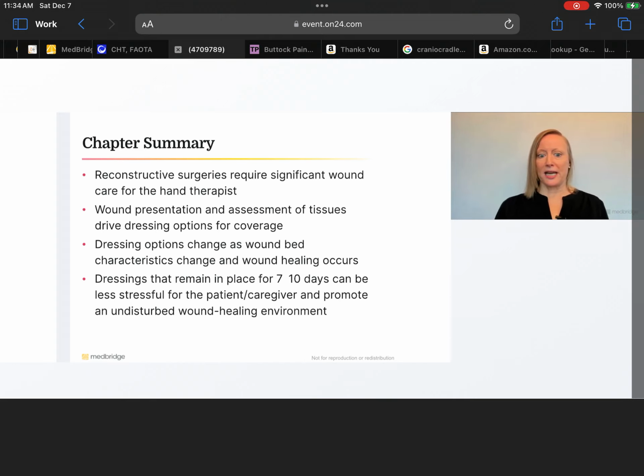If you're using the same dressing for weeks and months at a time, especially in a hand injury, that's not normal, right? That means that something's not progressing. So you should see this gradual lessening, or what we say debulking, right, of that dressing. That means the wound is healing, and that's what we're looking for. That's appropriate. And then dressings that remain in place for 7 to 10 days can be less stressful for the patient and caregiver